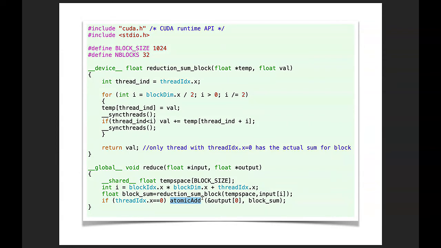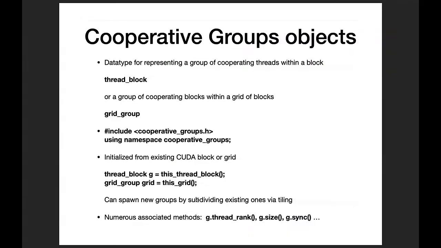So the question is, how can we improve our code and get rid of this atomic add and have an efficient binary summation for the partial sums, but a binary summation which doesn't launch a second kernel? We could launch a second kernel to get these partial sums added up, but that will result in more complex code. So let's improve our code, and we are going to be using cooperative groups